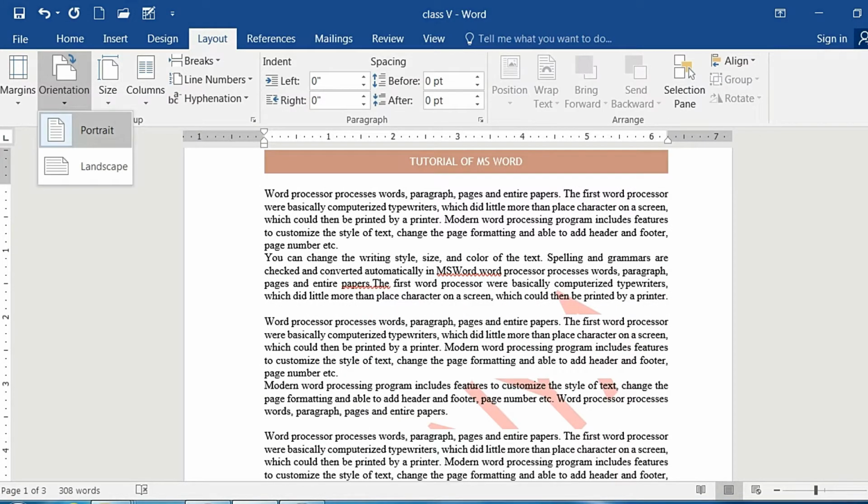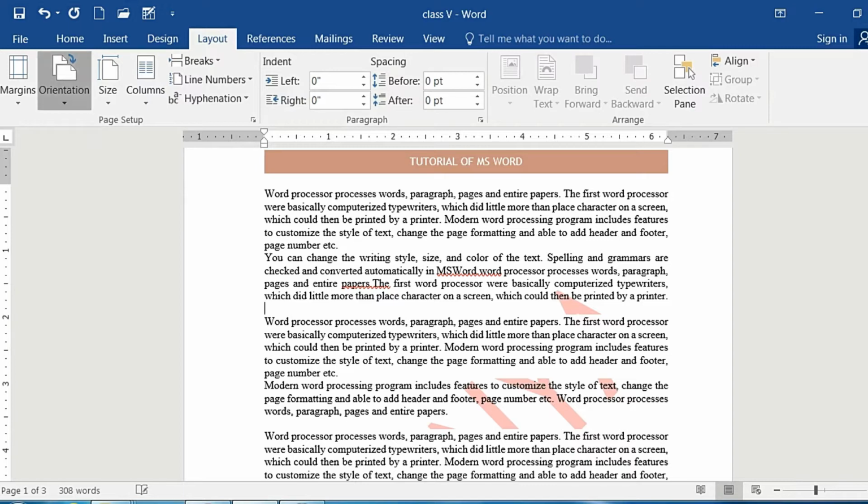Now, what is the orientation? Orientation means, as we talked about in the File section while setting up the printout, the way the page or the content appears on the page. In portrait, the page length increases compared to its width. And in landscape, the height is reduced but the width increases. Your content will be the same, nothing happens to that, only the page layout will change. So this is the orientation.